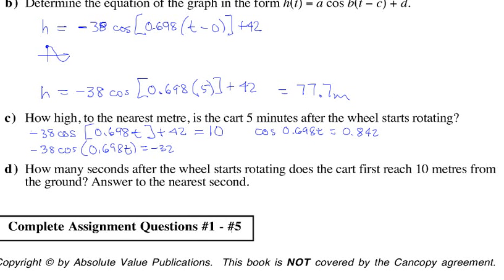I'm doing this because I'm running out of space on this page, and I don't think I have room to do the diagrams, and I think you've seen them plenty of times. You're probably tired of hearing me talk about it. So, make sure you're in radian mode. Do the inverse cosine of 0.842, and you get 0.698t equals 0.570. Divide by 0.698, and you get that the time is